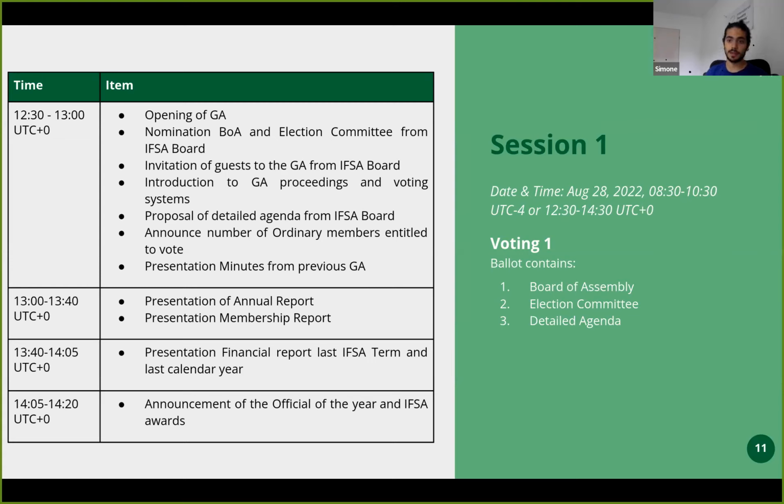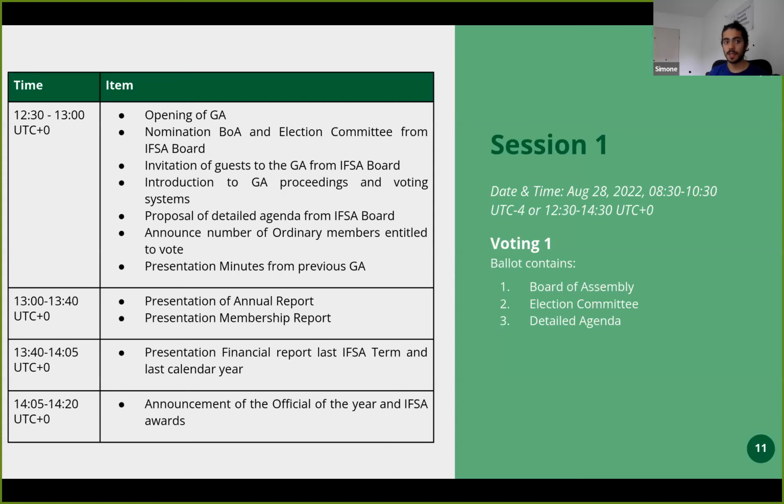Then there is going to be a voting session, because the voting happens between GA sessions. So you have a GA session, which is going to be 1 to 2 hours, when you discuss stuff, when you propose stuff, when you can ask questions and discuss the proposals. Then all the proposals will be condensed in one ballot. And then all the LTs are going to have at least 48 hours, but basically until the next session, to